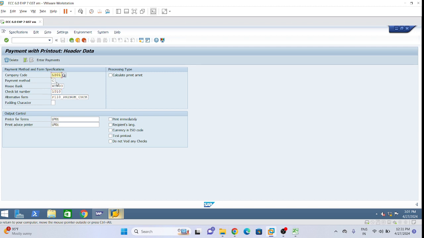Payment method C, because it is check printing only we are going to do. House bank SDF, from the house bank we want to make the payment, SDF00. Check lot number, we want to select 1010. Alternate form F110 underscore random underscore check, which we have, where we have done this configuration in